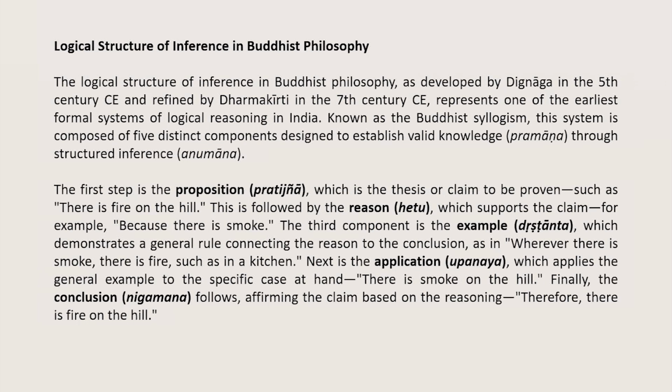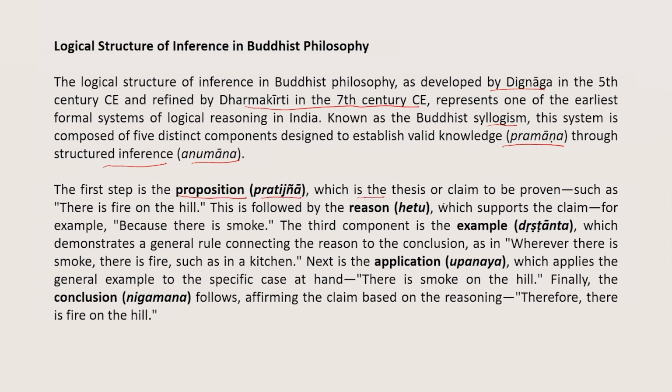Logical structure of inference in Buddhist philosophy. The logical structure of inference in Buddhist philosophy, as developed by Dignaga in the 5th century CE and refined by Dharmakirti in the 7th century CE, represents one of the earliest formal systems of logical reasoning in India. Known as the Buddhist syllogism, this system is composed of 5 distinct components designed to establish valid knowledge, pramana, through structured inference, anumana. The first step is the proposition,